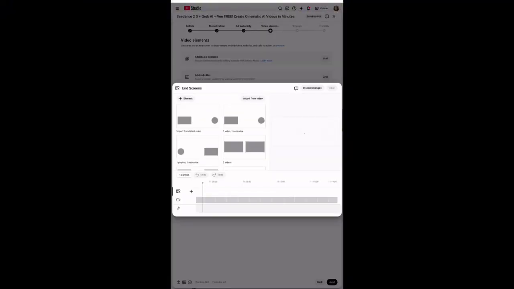This is where I have music license because I'm a monetized creator, but I don't really use music because my tutorial doesn't permit me to do that. Now, what I'll show you here is just add end screen. Click on it. End screen means adding another of your videos to the end of your video so that when somebody is done, they can easily go to another of your videos. YouTube will recommend another video based on their likes and preference.